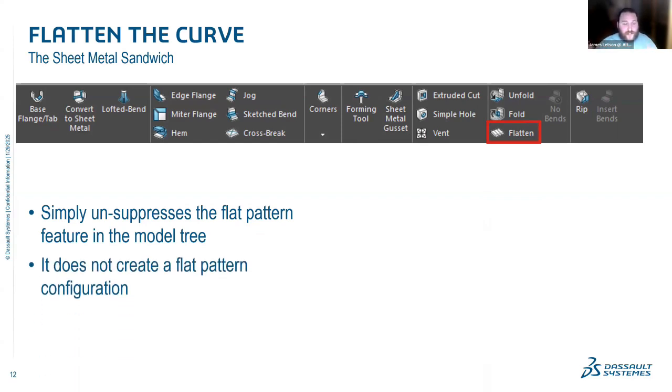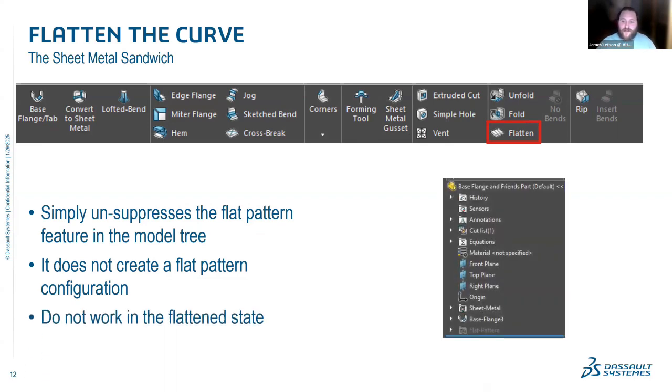It doesn't create you a flat pattern configuration. And the big thing to know to save you some headache in the long run is try not to work in that flattened state. So basically what I mean by sheet metal sandwich, and we'll hop into SOLIDWORKS here in just a second to actually show it to you in action, but